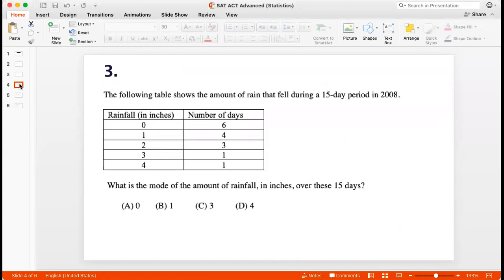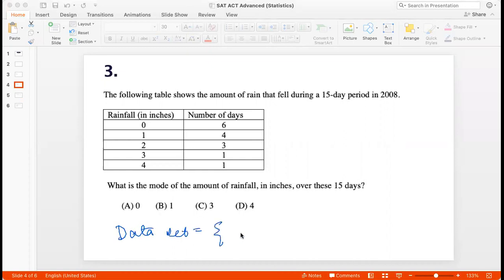Question 3. The following table shows the amount of rain that fell during a 15-day period in 2008. What is the mode of the amount of rainfall in inches over these 15 days? So the mode is the most common element of the data set. So if I were to write the data set